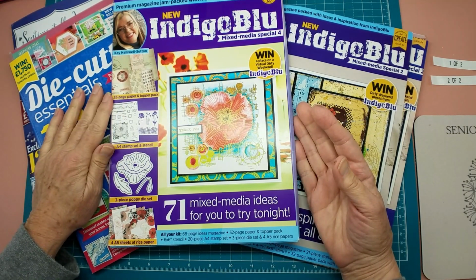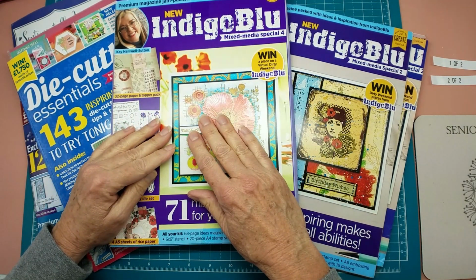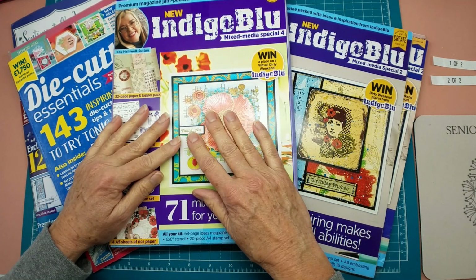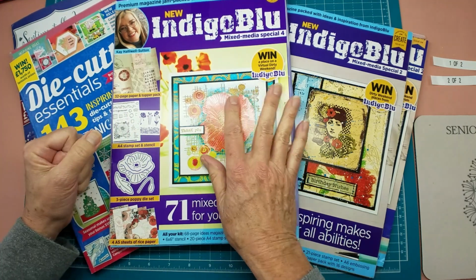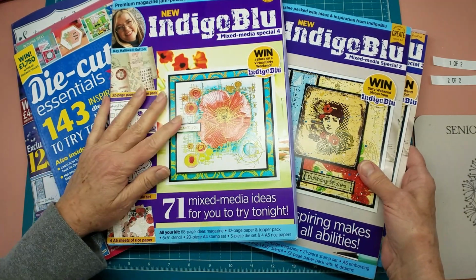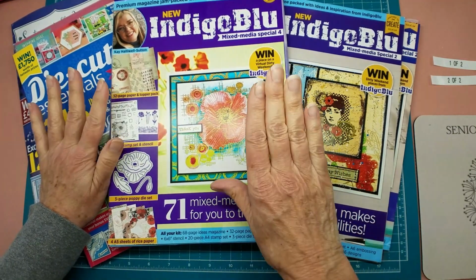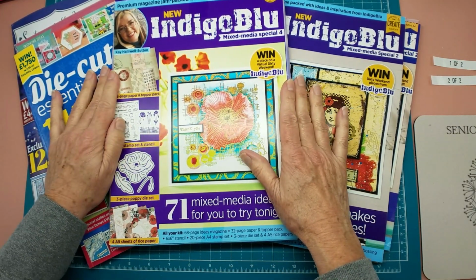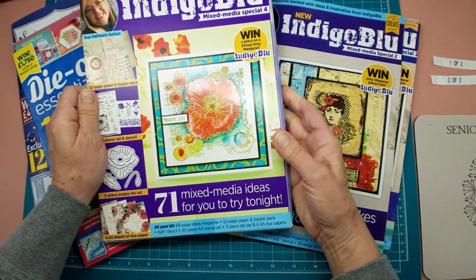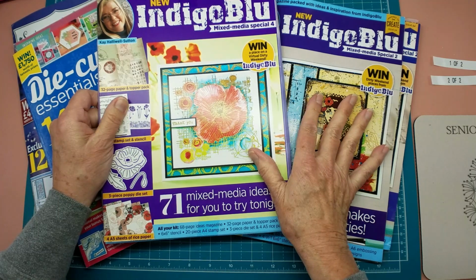I have spent the last 10 days or so kind of redoing my studio. I moved it last fall before Christmas cards, and I've just been kind of making do with finding things as best I could. But now I've gotten things pretty much organized, and so I wanted to get the final little nitpicky things put away. And I stumbled across these magazines, and some of the boxes had kind of disintegrated a little bit. So I came up with a storage idea that I wanted to share with you